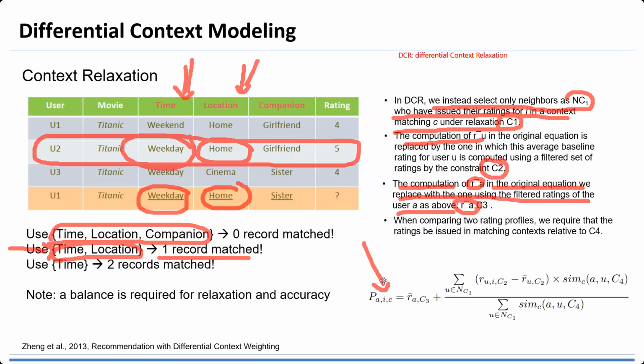So this is also the same. We are making the average of user 1. We are doing the average of user 1 given the C3. It means we want to find the user 1 that has the context. So we do not need to calculate all the averages, but we just calculate the average based on the context. After we have the average based on the context,